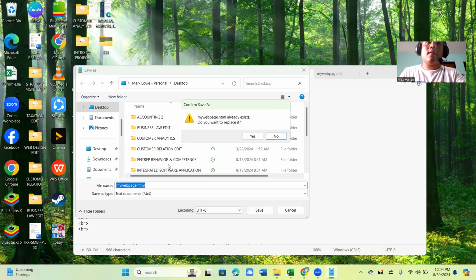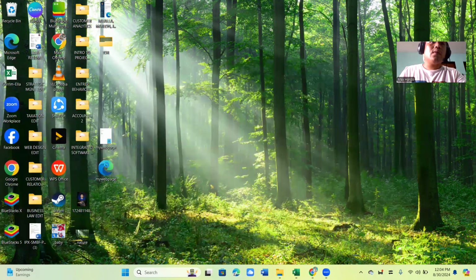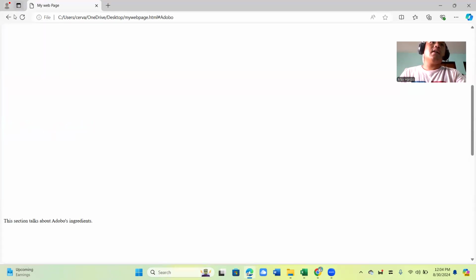HTML. So there you go. Because earlier the description was kind of a little bit showing, but at least this time we kind of fixed that. If you click adobo section, it will show up right here, right? And if we click the curry section, it will also show up right here.